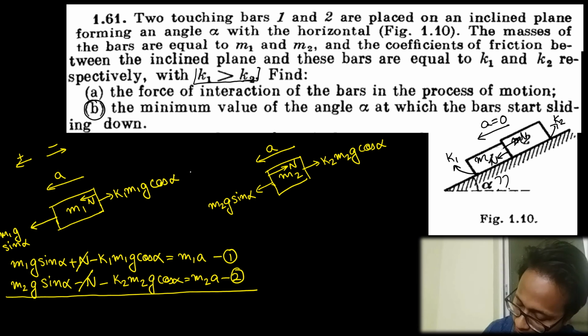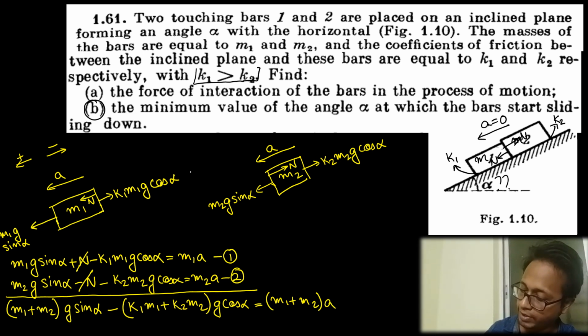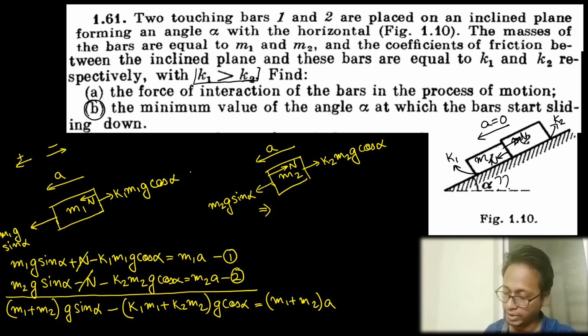Plus n minus n cancels. m1 plus m2 into g sin alpha minus k1 m1 plus k2 m2, taking g cos alpha common, into g cos alpha is equal to m1 plus m2 into a. If we divide this entire term by m1 plus m2, we get g sin alpha minus this term divided by m1 plus m2, into g cos alpha. So a is equal to